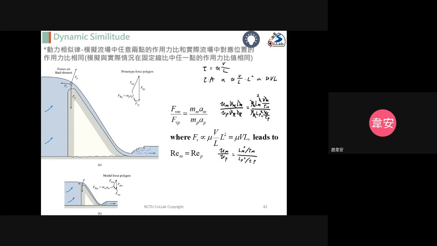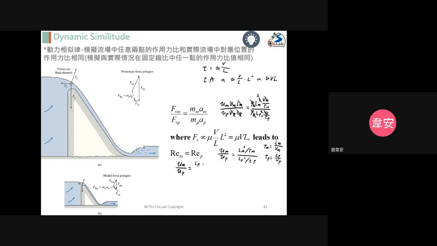Okay, so you just put the L_p squared. We know that T_m is equal to L_m divided by V_m, and T_p is equal to L_p divided by V_p. So we know that mu_m and mu_p is equal to